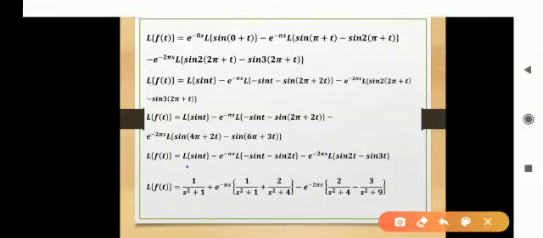So here Laplace transform of sin t is 1 upon s square plus 1. Here again same. Now see here in the second bracket both the terms are negative. So minus 1 is taken common. So for this minus becomes plus. 1 upon s square plus 1 Laplace of sin t, 2 upon s square plus 4 Laplace of sin 2t, and here again 2 upon s square plus 4 and 3 upon s square plus 9.